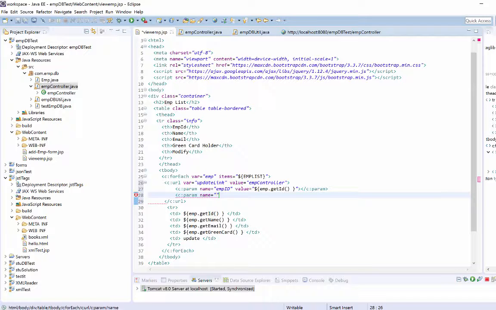Name of the parameter is command. Same thing we did with the add. So I'm going to call this command as load. So when they press this link, it will load the employee detail in the update form. So that's how we create the link, and now we put this link here in our